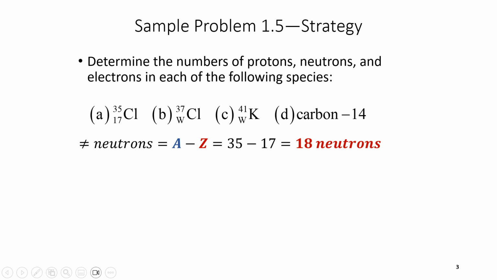For B, C, and D, you can work on these yourselves. You first have to determine what W is here, which is very easy to do because we learned in the previous video that the symbol will tell us, if you go to the periodic table and figure out what the element is, the atomic number of each. And once I know that, I know the number of protons, I know the number of electrons, and I can figure out the number of neutrons by taking the difference of these two.